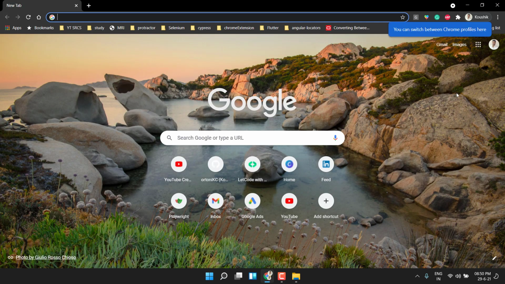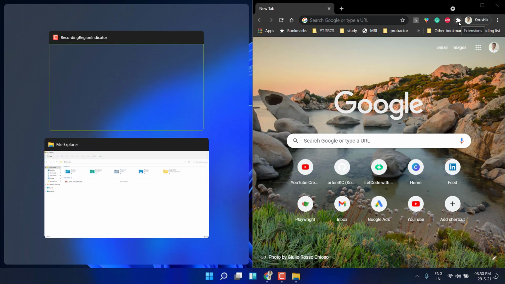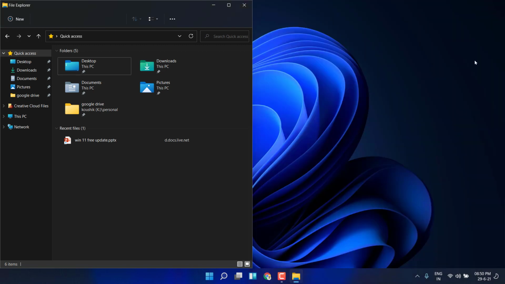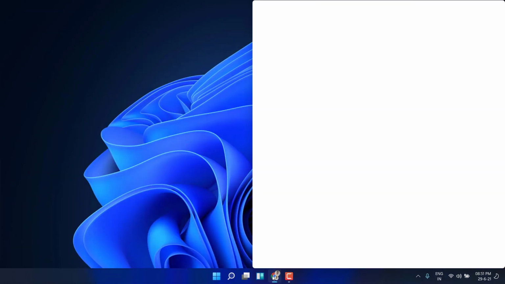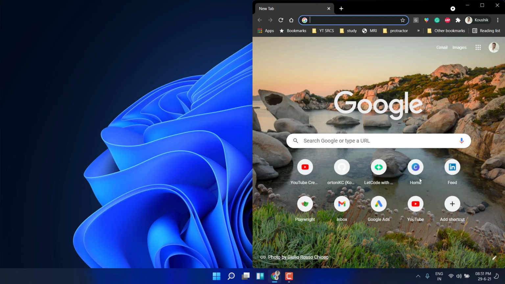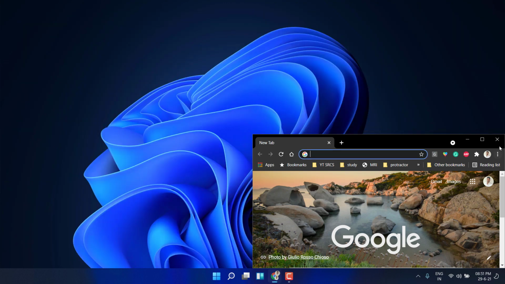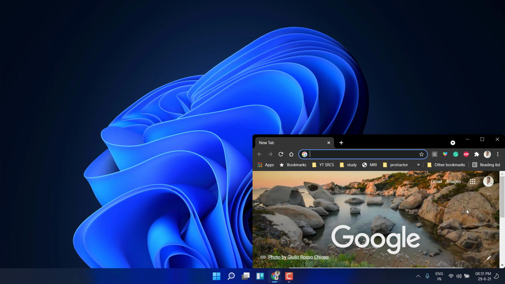And one more feature, that is basically the window snap. So here you can see that we can snap our windows like whatever you want. Okay, so that's really cool. The best part is that, let me show you. So I'm going to close this Chrome, and let me close this as well, and I'm going to open my Chrome again. And here is the beauty. So the snapped window will remember its position and the size, so it is going to open there itself. For example, let me bring this to the right hand side corner, and if I close it and open it again, of course it's going to open in the same location.